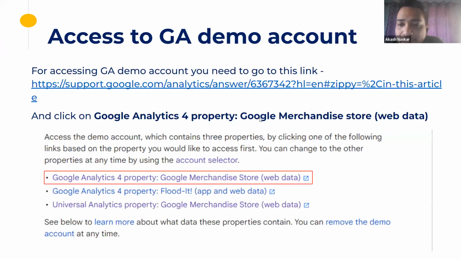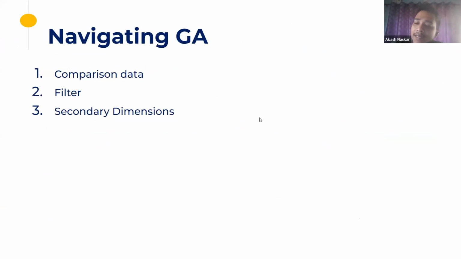Cool. Now, once you have access to the Google Analytics web data or web plus app data that we are looking into here, there are 3 basic functions that you need to learn. I want all of you to pay very close attention to these, because this is exactly how you will be navigating the platform. Google Analytics is a lot like Excel. In Excel, you have different pivots, filters, and ways of visualizing the data. Similarly, in Google Analytics there are 3 basic functions: the first is comparison, the second is filter, and the third is secondary dimension.